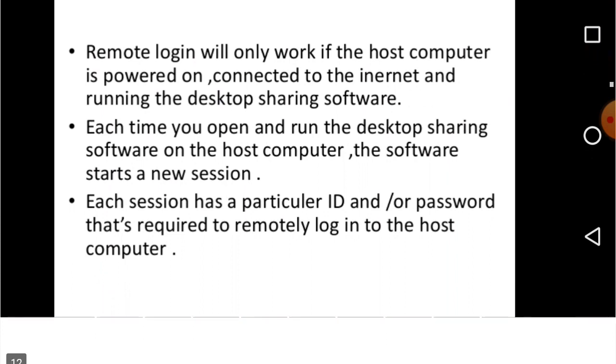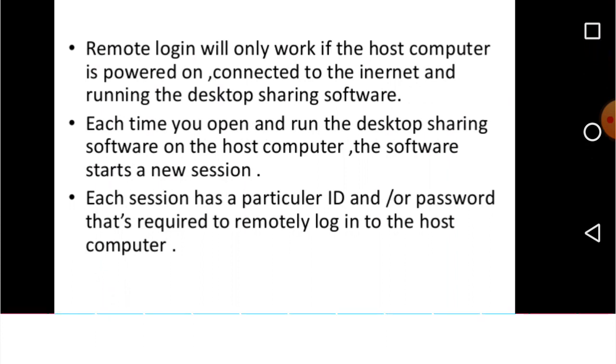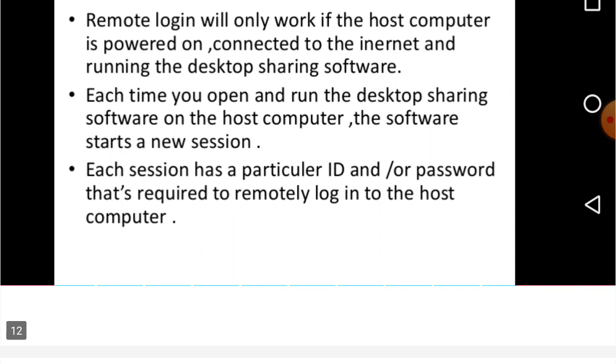Each time you open and run the desktop sharing software on the host computer, the software starts a new session. Each session has a particular ID and or password that is required to remotely log in to the host computer.